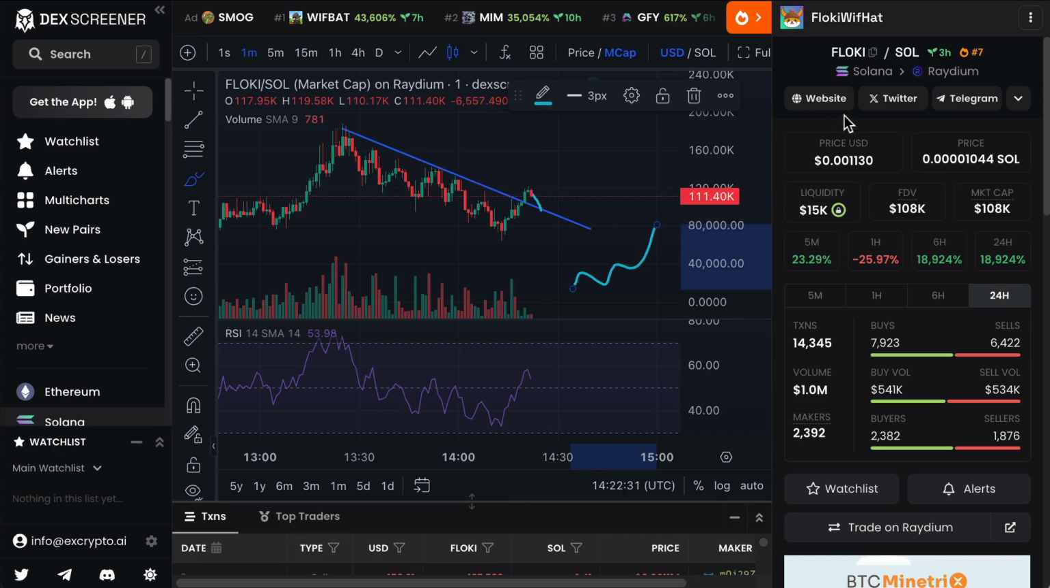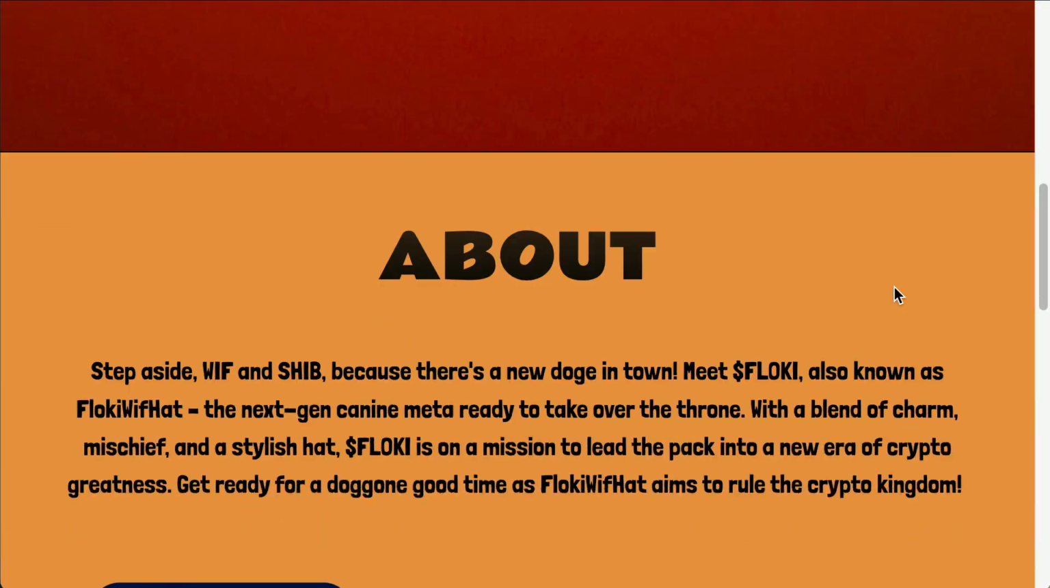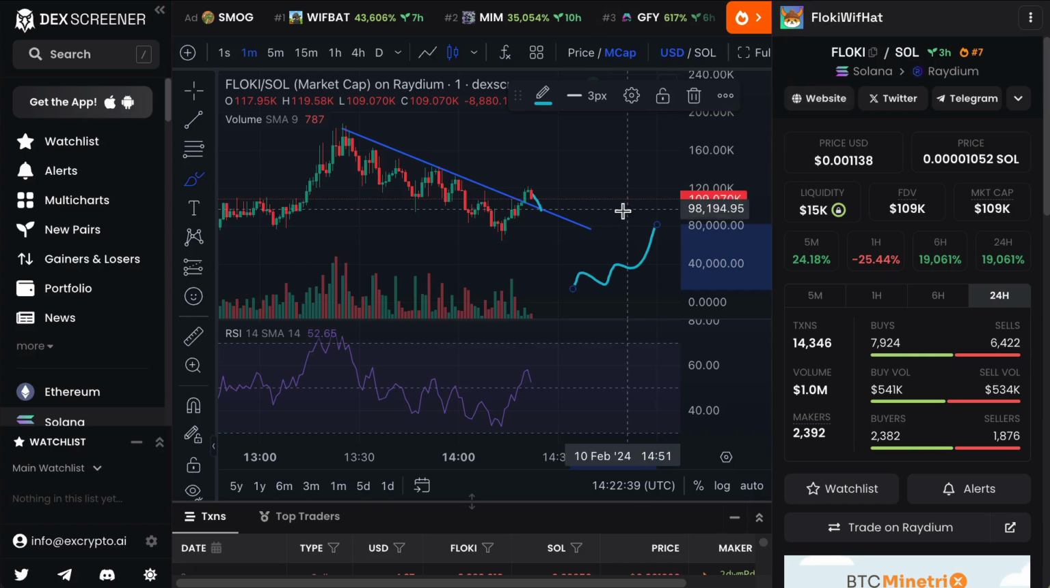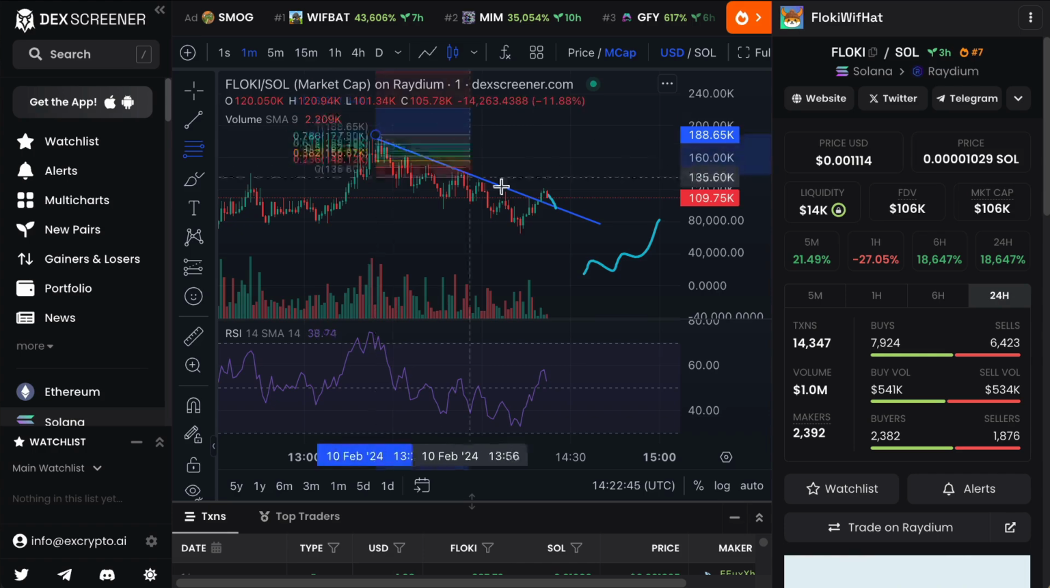I don't know much about the project. It looks pretty simple one. It's just Floki and they've just added a hat on it. But yeah, so it's not the best project in the world, but can it do a little bit of a run? Yeah, maybe. But if this was the all-time high at 188, which we don't know, but it's possible, then